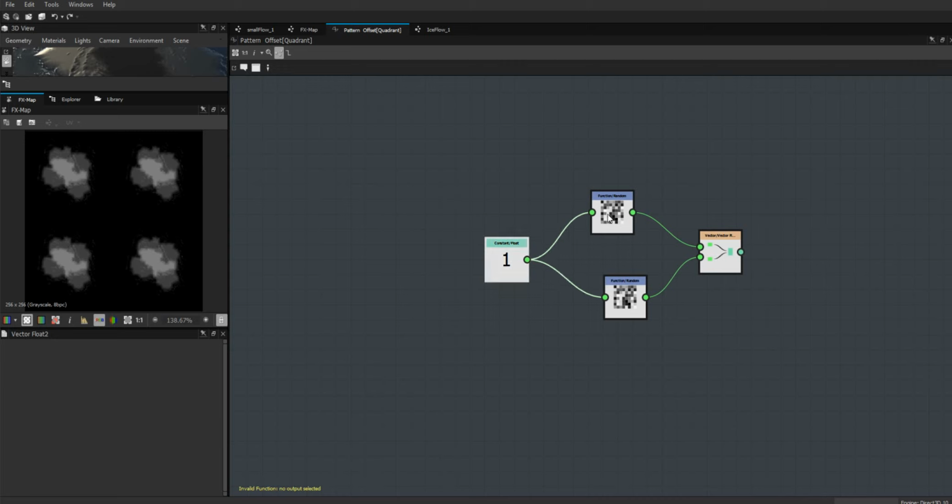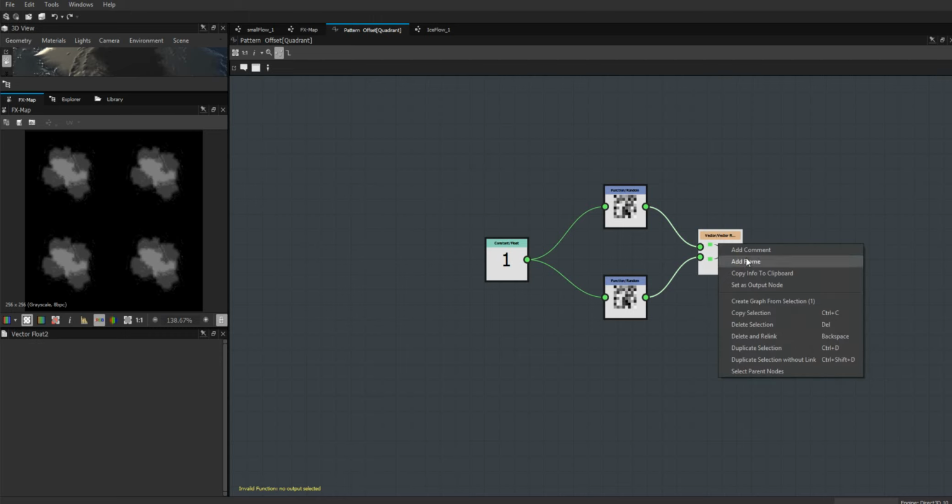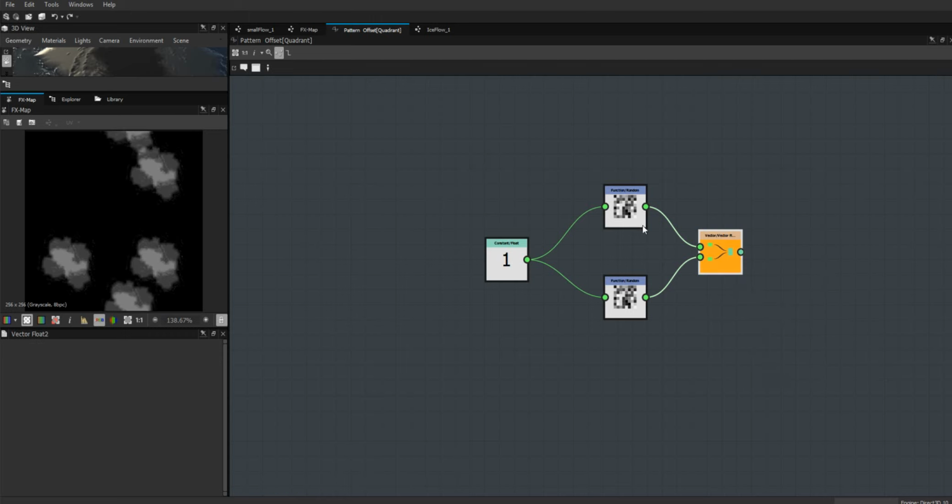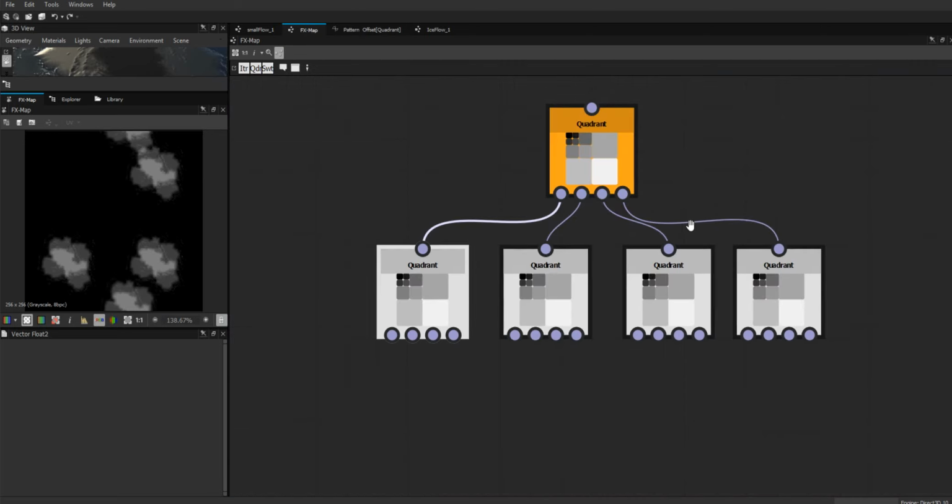And what we're doing here is this random function, whatever number's in here, it's going to pick a random number between 0 and whatever this number is. And we are going to set that as the output node, so it's going to give us 2 random x and y values. So we can come back to our effects map,